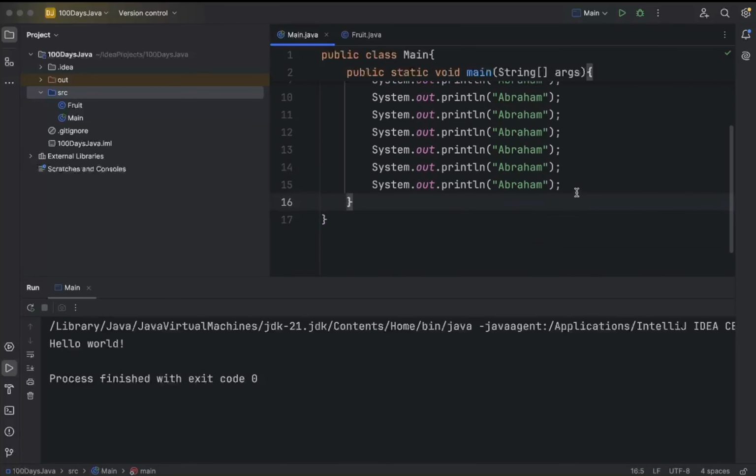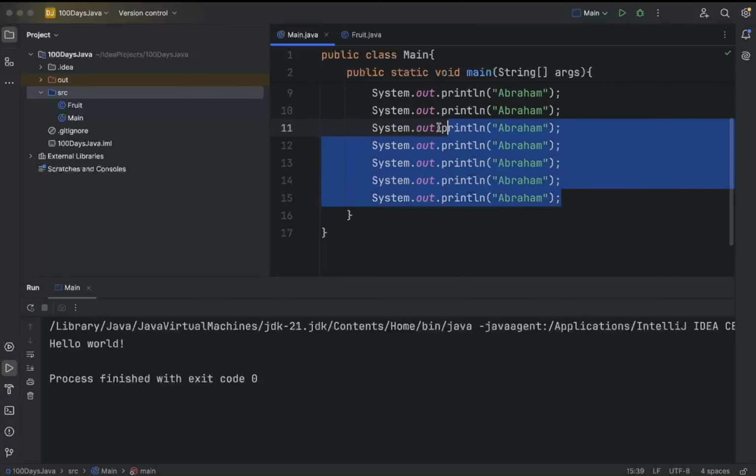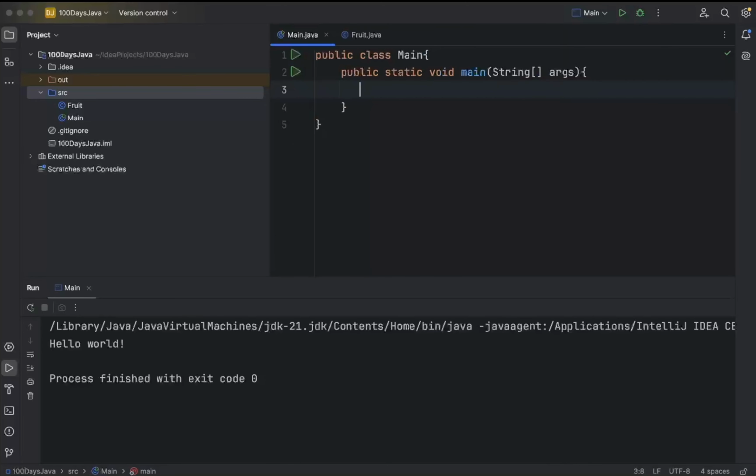So your assignment for today is to print your name on the screen. Print your name, your age, and anything. For example, if I want to print my name, I'm going to use System.out.println and then Abraham. So this looks like a simple assignment,